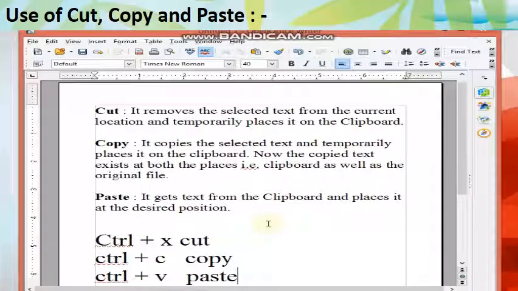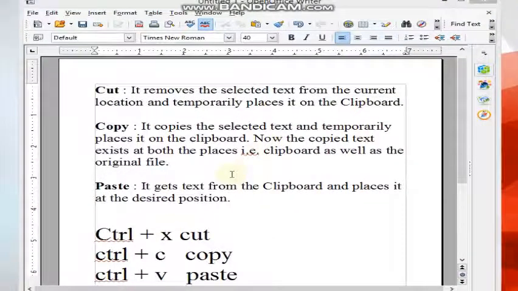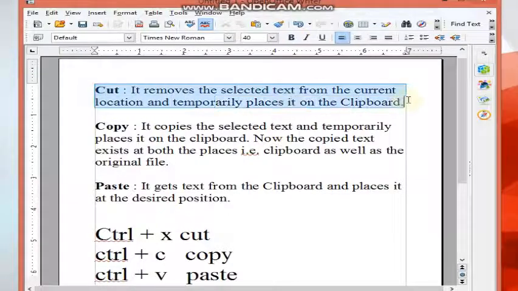So let's see how they work. Let's see the practical on cut, copy, paste. See here, I have to remove this text from this place and paste it in this place.